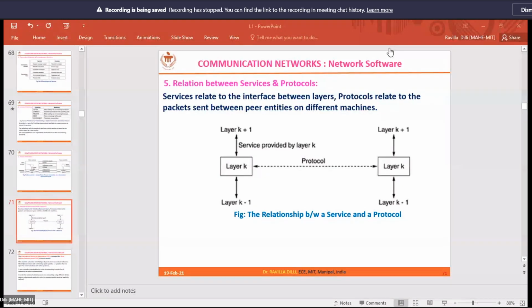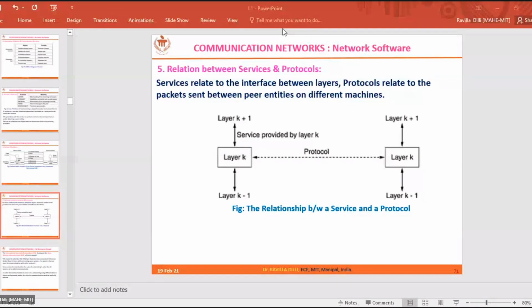Okay, sir. Thank you, sir. The books are mentioned in the first PPT, even in the course plan also. I hope you have received the course plan. I have sent it to the section mail IDs. Sir, we got it.